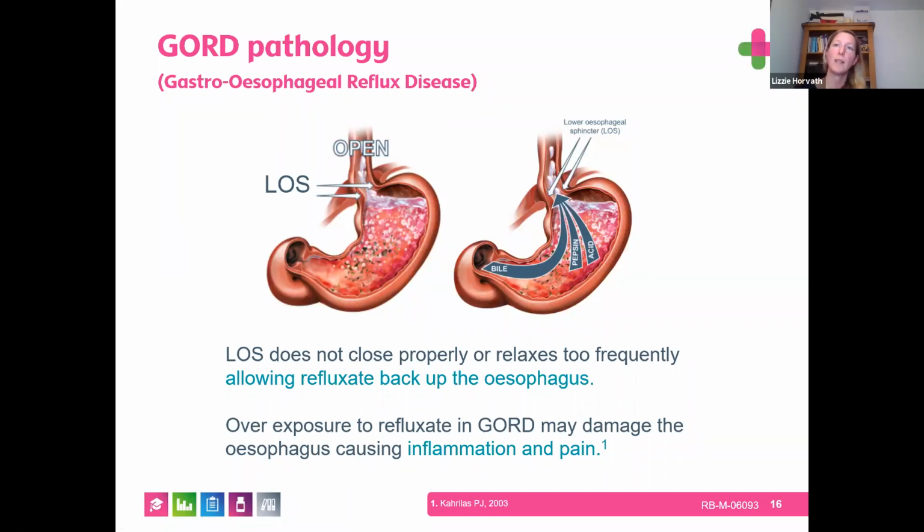So at the beginning, I mentioned when we are starting to smell food, that creates a whole set of processes in the body that will generate digestive enzyme production, all the saliva being produced, as well as also the pepsin and the hydrochloric acid in the stomach as well, to prepare the digestion of the food that will arrive in the stomach. And also in some cases, the bile that is of course found further down in the gastrointestinal tract. In some cases, even that can go back up into the stomach, although it has to be said it's not very common. We're talking about extreme cases here, but imagine all of these harsh chemicals floating back into